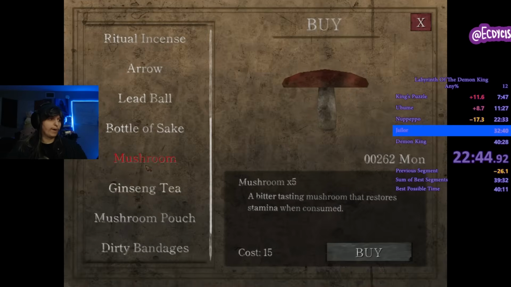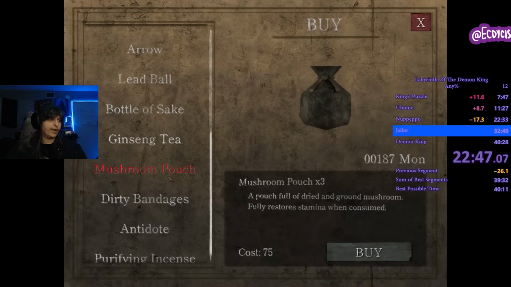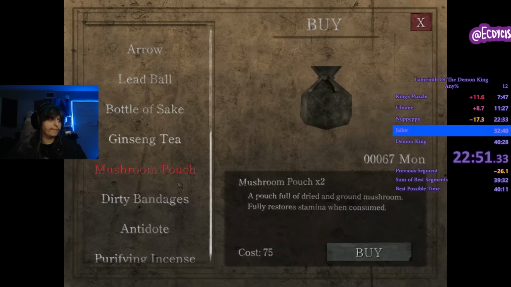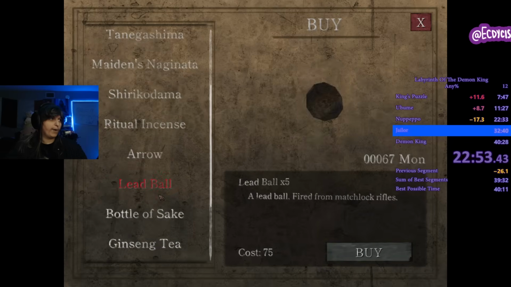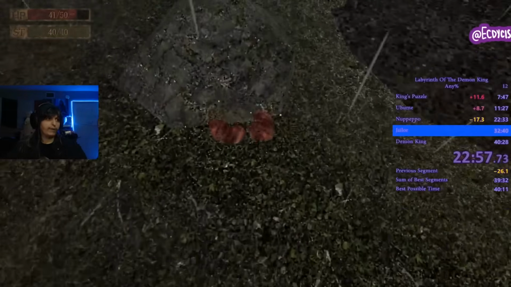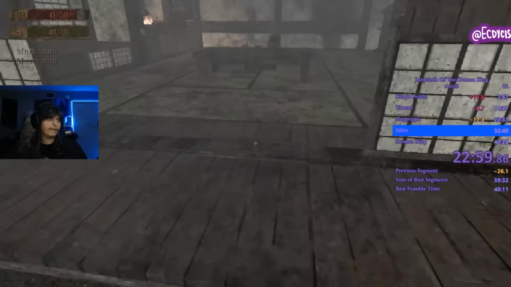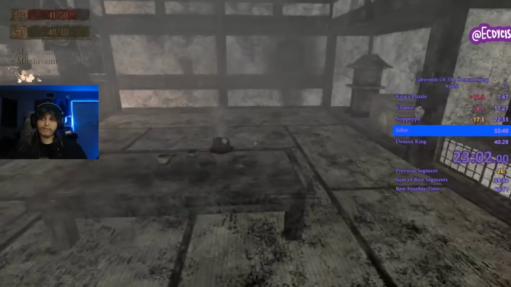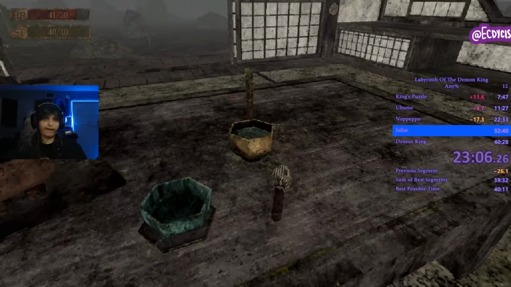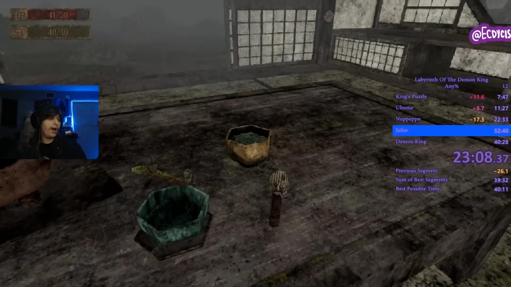Okay, you're buying every single mushroom in the shop. You're gonna buy mushroom pouches, top on sake if you need it, and we should be good for now. We might get more money later, but that is okay. As well, you're gonna grab the mushrooms out here. There's a lot of mushrooms. Now, I will do this because it's safe, but you don't need to do this. In fact, if you're really trying to gun for time, you wouldn't want to do this. However,